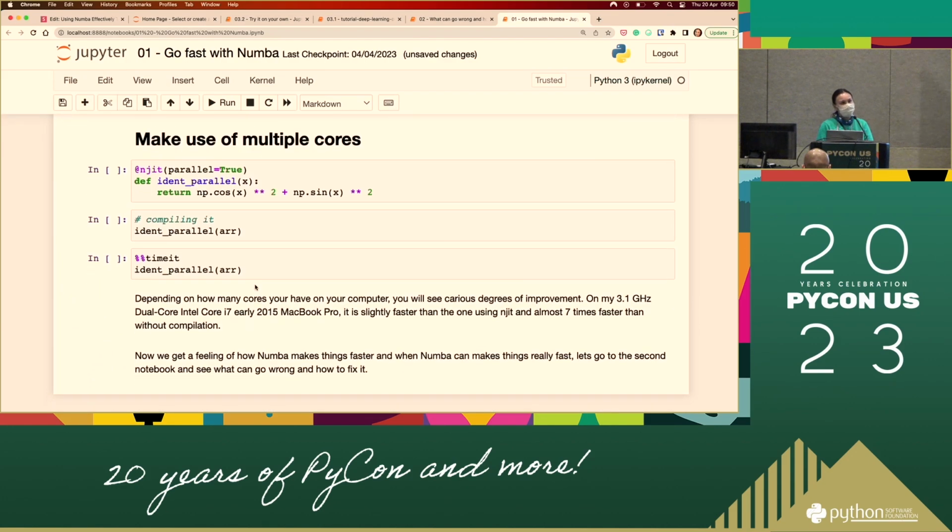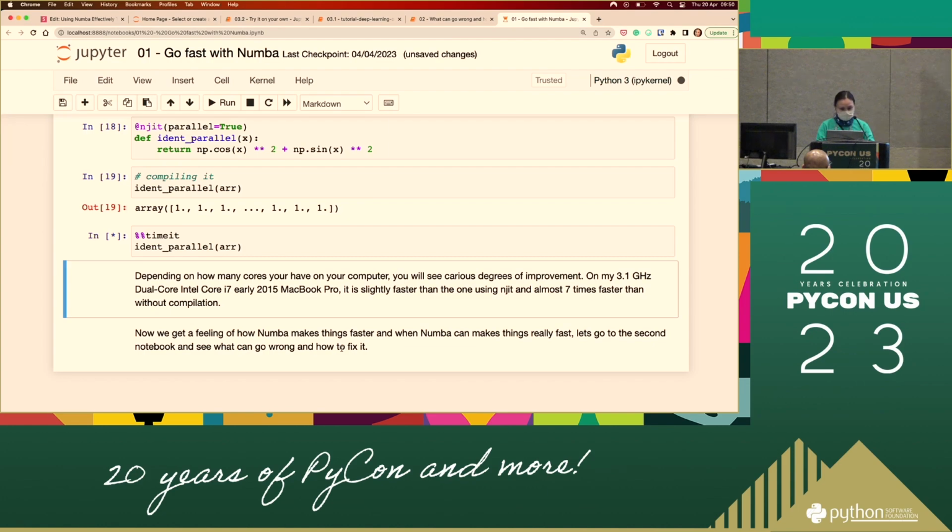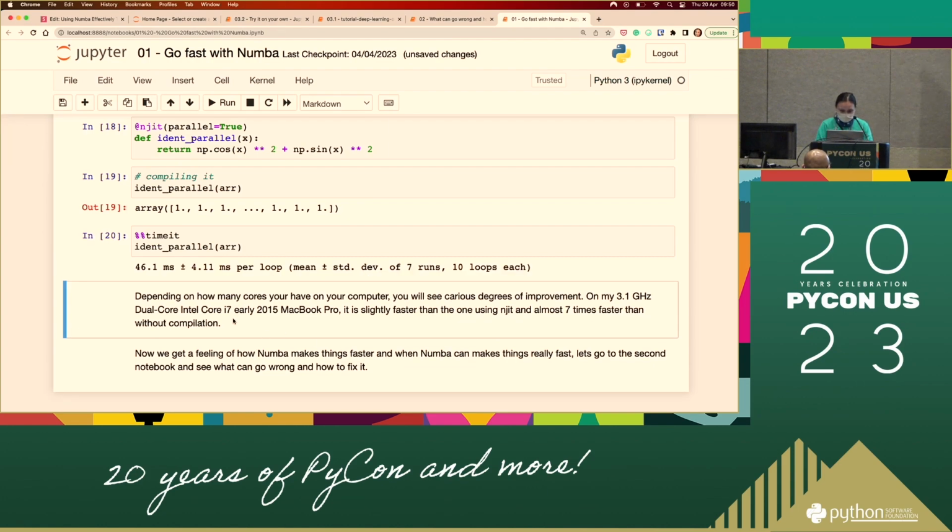Another thing that you could improve is to use multiple cores. Nowadays you can easily get a computer that has multiple cores. If you do something on your cloud service, you can also use multiple cores, so it could be fast. When I wrote this tutorial, I was still using a very old dual core machine, but you can still see some improvement. So if I run it now with this new computer, it should be quite good.